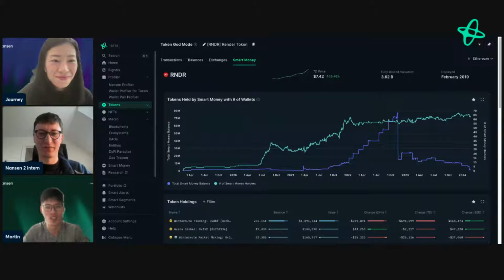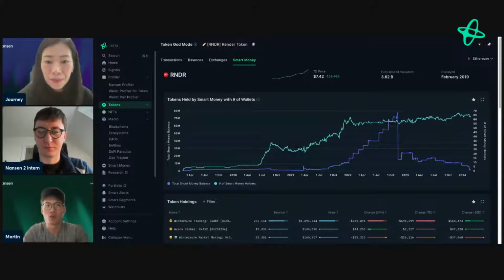But with smart alerts, you really don't have to. You can just set it, and then whenever a significant event happens, based on how you have defined it, you get alerted immediately, and then you can quickly scramble to take any action. And yeah, so I was looking at Render, and then